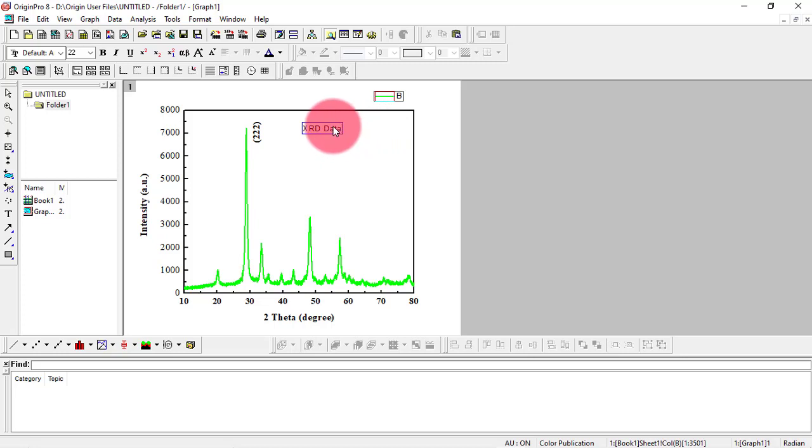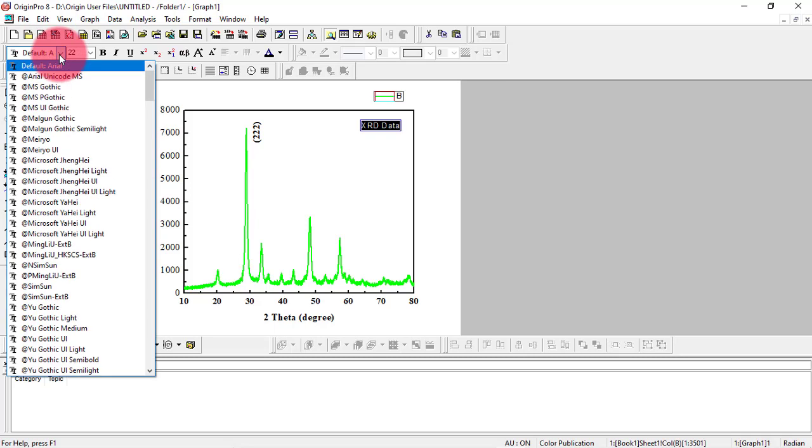And if I want to move it somewhere else, I would select it and just drag it. Suppose I want to keep it here, XRD data. Okay, and now I'm going to select it and again change the text size.